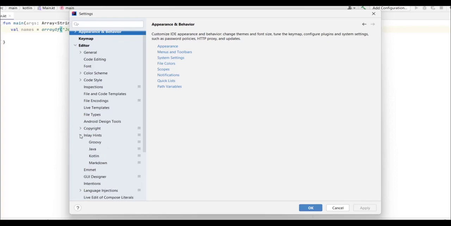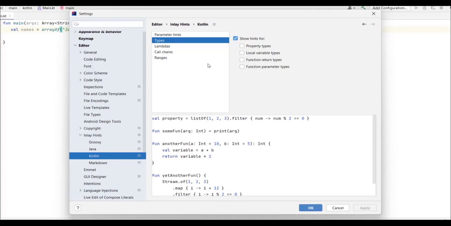Click on this greater arrow in front of Inline Hints, and from those options select Kotlin, and here you go to Types and select Local variable types, then click Apply